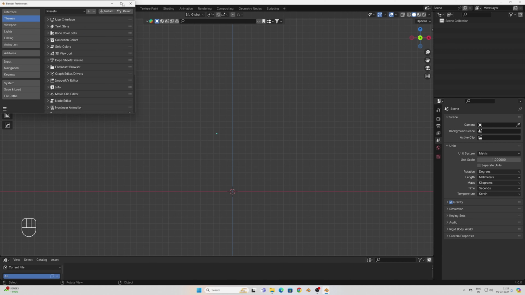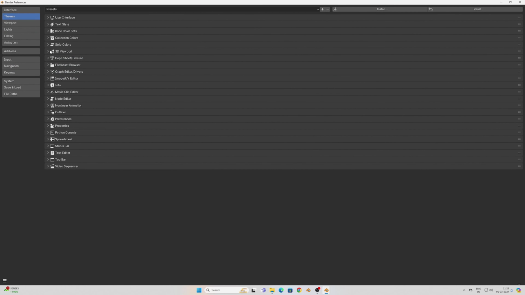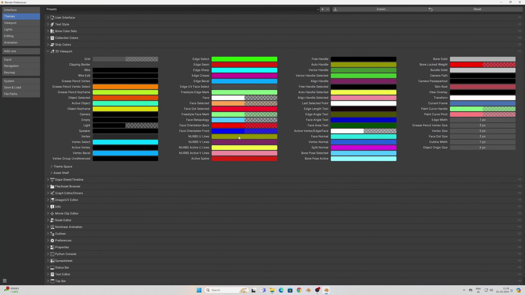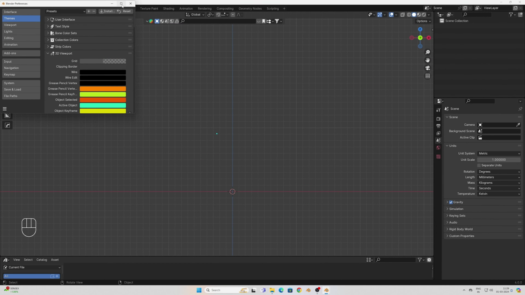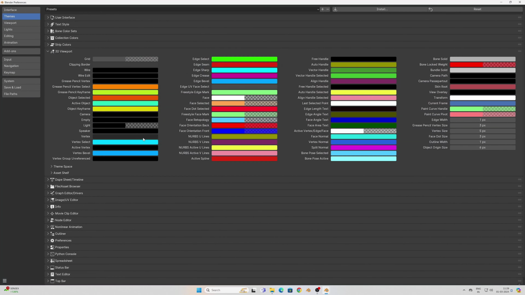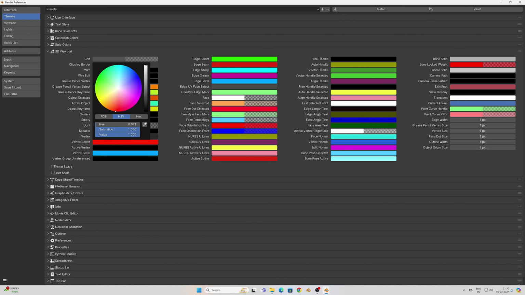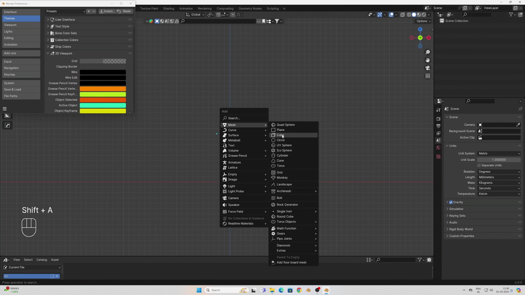Then second we'll go to themes. I'll go to 3D viewport and change some colors. Most probably I use these colors. If you want, you can take a snap. But for your understanding, I would be changing a few colors in this video. I'll change the vertex color to make you understand what exactly it does. You have to tweak and play with some Blender settings,